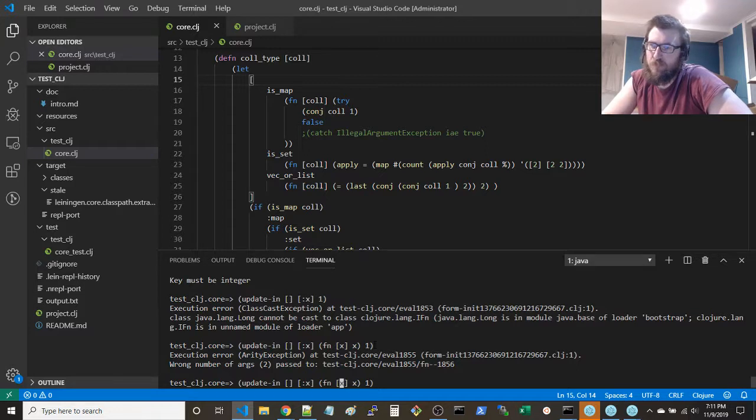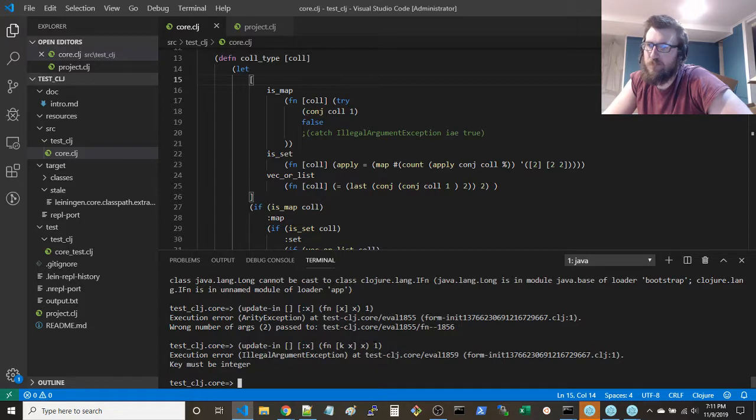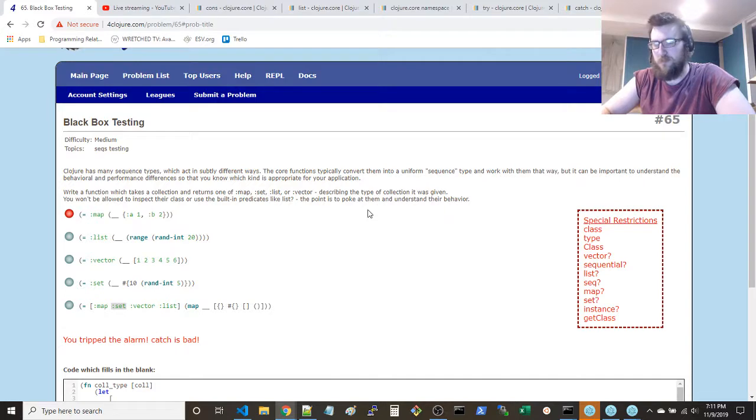What is its key? I don't know. What does this do? I don't use update enough to know.